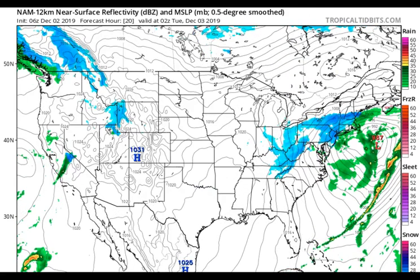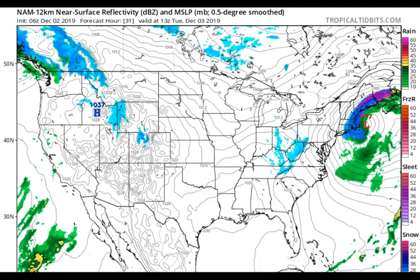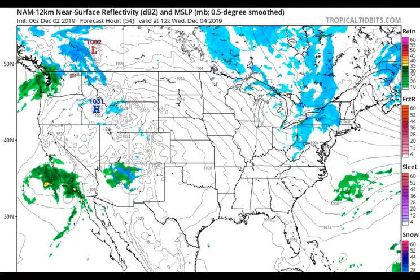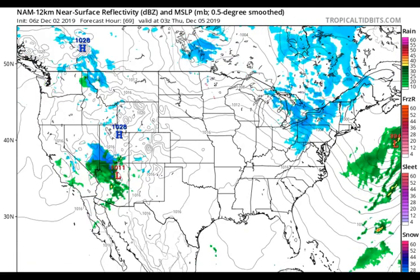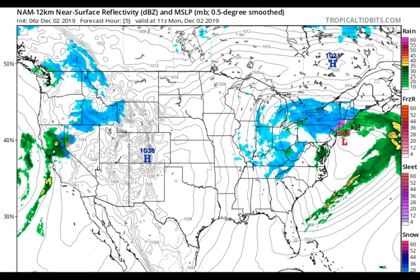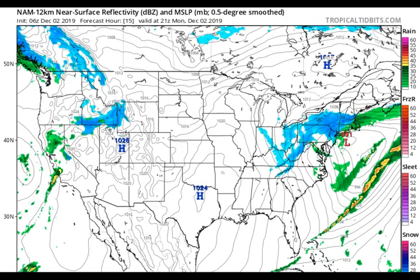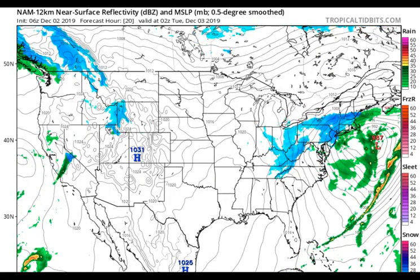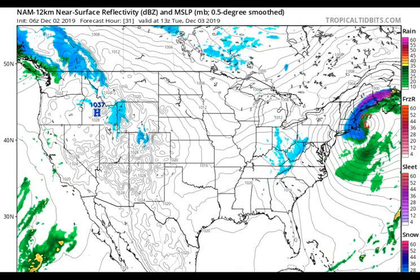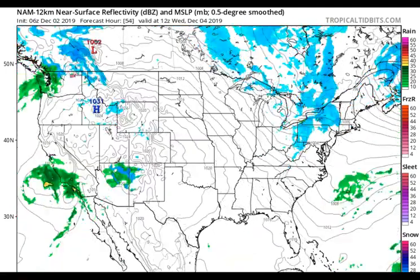It's courtesy of Tropical Tidbits, as I said. And this trans-continental storm system has hammered, I should say, the western and central U.S. over this past week with heavy snow and strong winds, has now reached the Northeast U.S. as of this morning. Now, it's producing a variety of impactful winter weather conditions to start off this work week, ranging from heavy snow over interior portions of the northern mid-Atlantic and New England to a wintry mix closer to